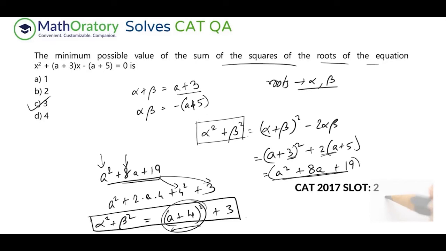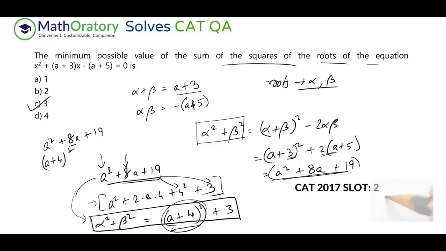You can apply the minus b by 2a idea for a particular quadratic minimum. But then again, you have to figure it out and then resubstitute, over calculating and stuff. If you understand this idea, you don't even have to write this step. You can directly jump from here to here. I was just explaining the whole squaring, whatever I'm observing here. You can directly write a plus 4 whole square. So whenever you have something like this, I can see that this is 2 into 4, so that is a plus 4 whole square.